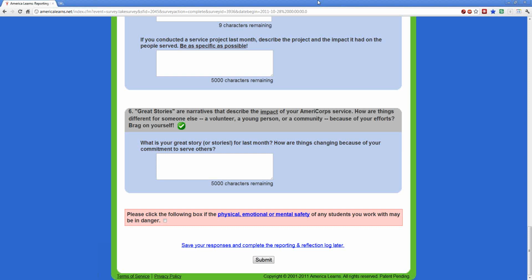So we give you a full week after the month is done to get this stuff in, okay? For these first two reporting logs, September and October, they're going to have the same due date, and that due date is November 12. So that gives you all of next week to complete your September reports and your October reports. If you're a second-year member and you did not begin until October, which is all of you who are with us,